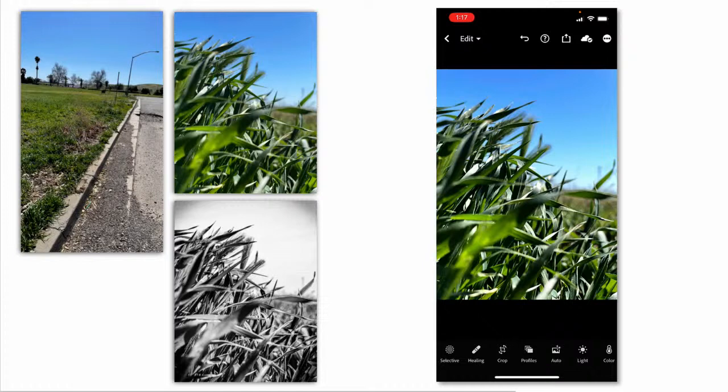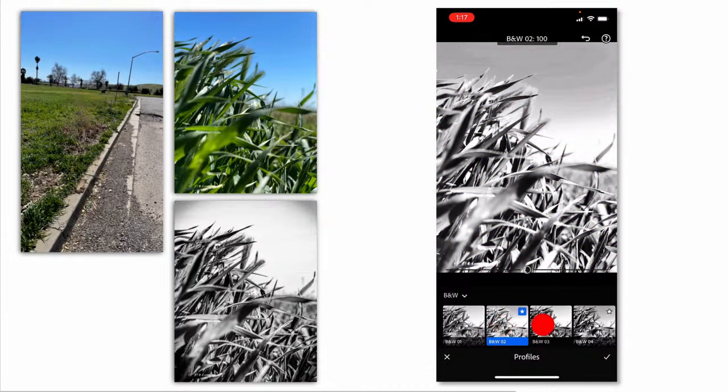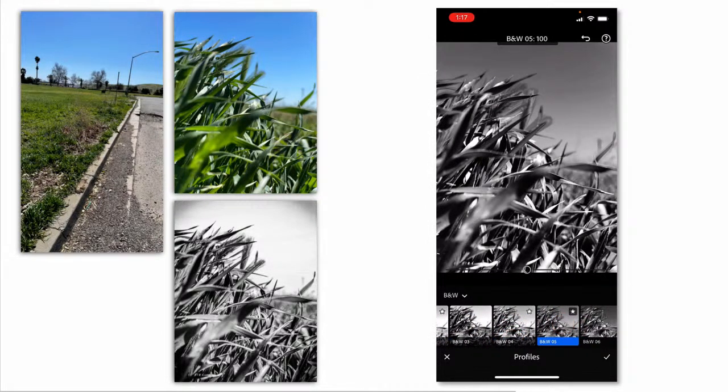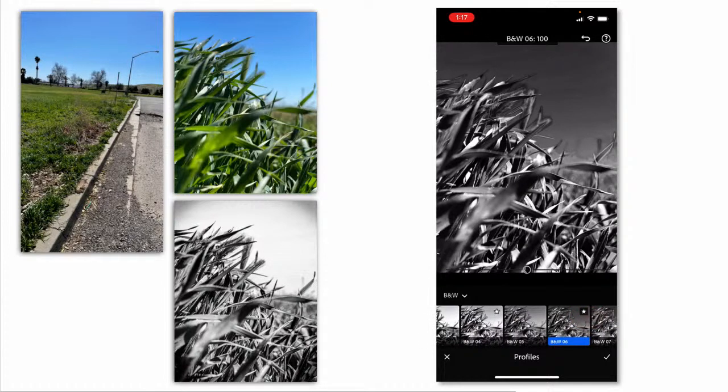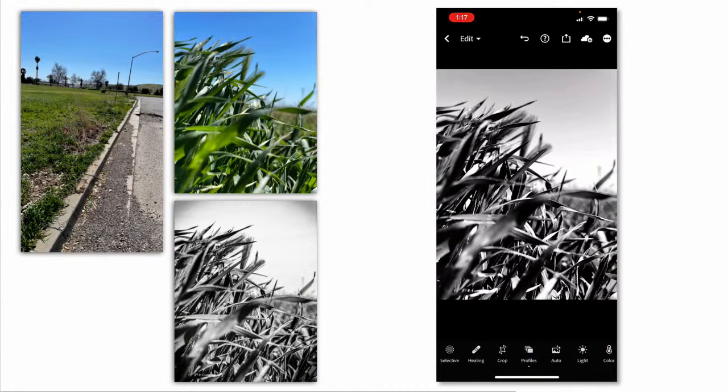So what I'm doing on this one, to make it black and white, I'm going to choose the profiles, and I can scroll through these profiles and see what kind of changes I'm getting and decide which look I like. Do I like that the sky is dark and the grass is dark? Oh, that one's pretty awful because it's too dark, but that's okay. You know what? I think I'm going to lean towards 3. And why I like 3 is the grass has some information in it, but the sky's light. So I'm going to go ahead and click OK.